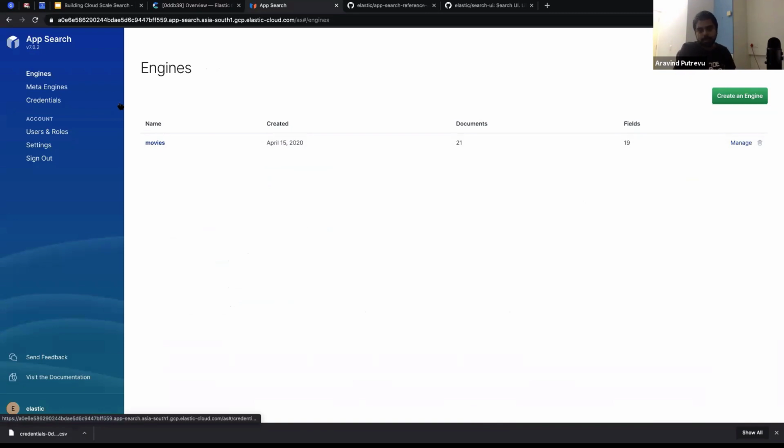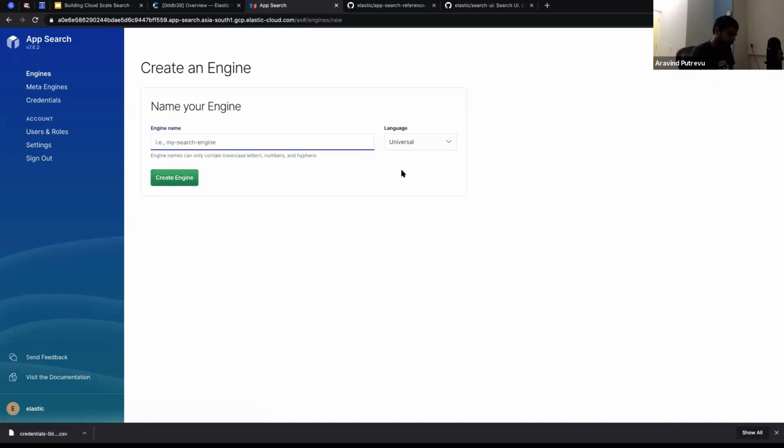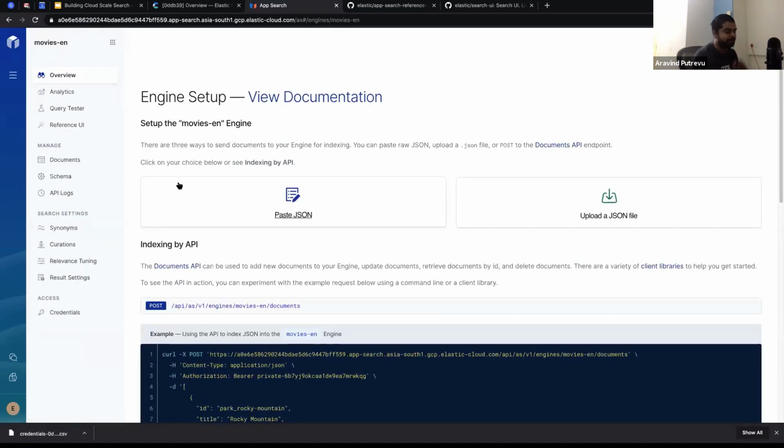So I believe the majority of you have an idea about how Elasticsearch works. Elasticsearch works in an index format, and you have all the data stored, sent to Elasticsearch in a JSON format, and then you do the search API query, and then you will be able to do all of that. In the same manner, App Search works. So let me quickly go through and create an engine here. Say if I have a specific data set, I try to show something that has all the features. Movies is the best possible one, which also gives you a poster path, so that I could show you something similar.